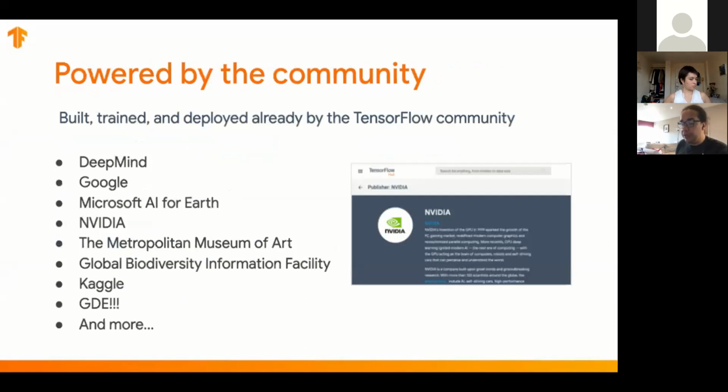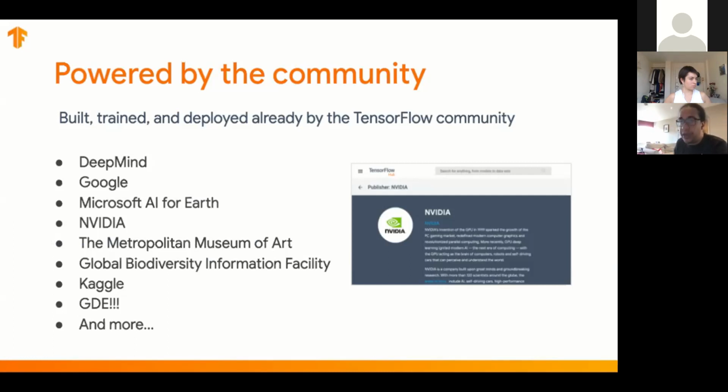One important thing is that anyone can contribute to Hub. If you have your own models or your research and you want to contribute, you're more than welcome to do so. A couple of weeks ago, some of the community were uploading multiple models. We are always working with them to make the process even easier. But the goal is, it's not a Google repository.